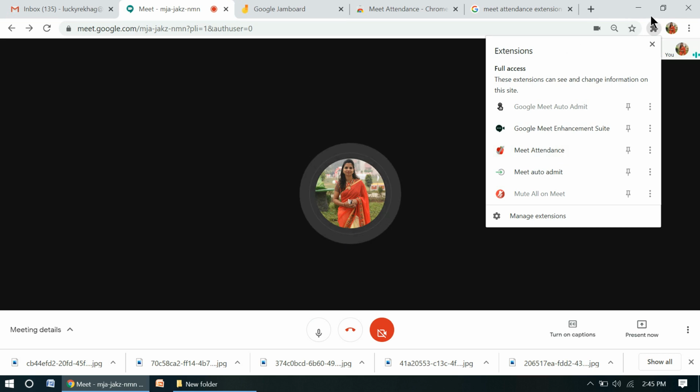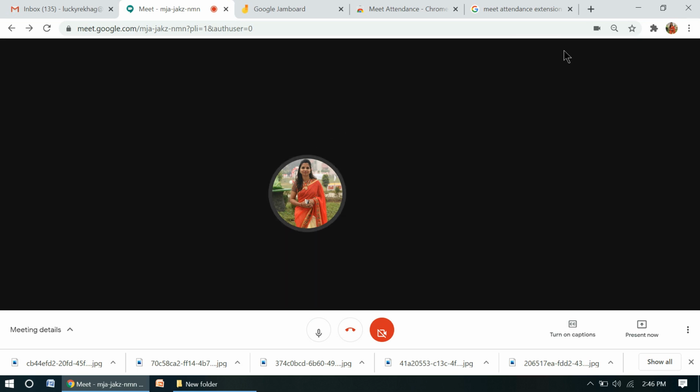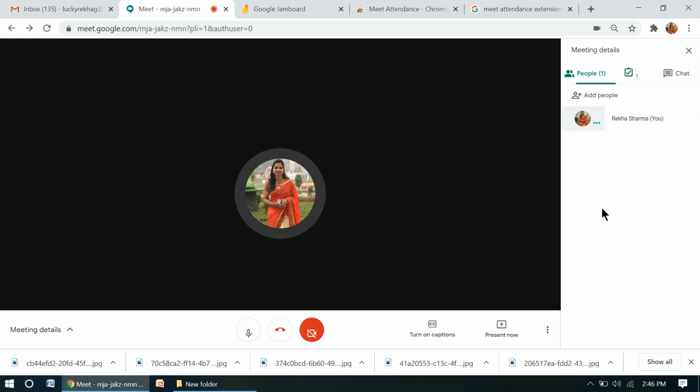When you install this, automatically with these extensions you can see this. And if this tool is not available in my tab, then how can you see it? Here, show everyone. When you click on this, you can see. Generally when you are taking or attending any Google Meet meeting, you never see this option. This feature appears only after adding the Meet Attendance extension, right? This option we usually see, but this one we never see, right?